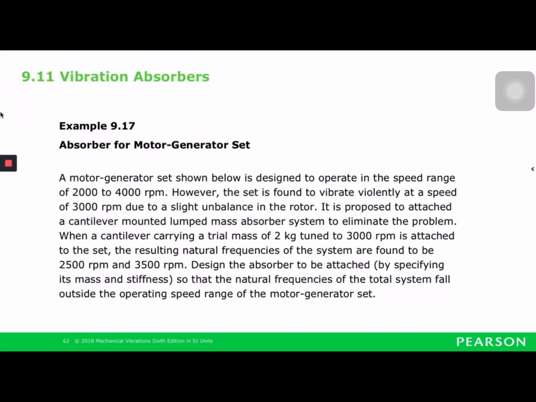Why don't we go for 2000 rpm? Because basically, if I'm not mistaken, you can check this one, the lower limit tells us the lower limit of performance of the motor generator set. So it needs to be somewhere from 2000 up to the upper limit. So basically the upper limit we can change, but for the lower limit sometimes it's not preferable to change the natural frequency, because